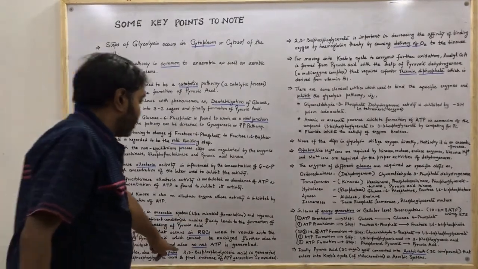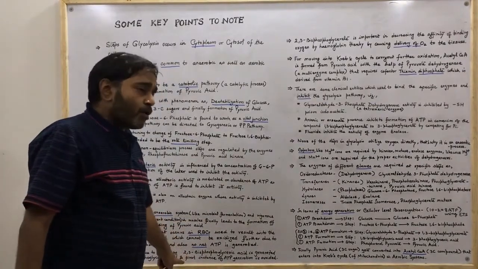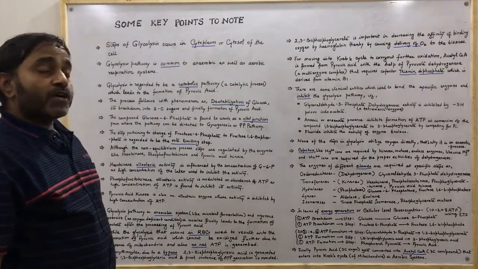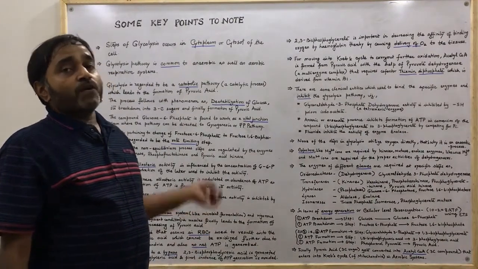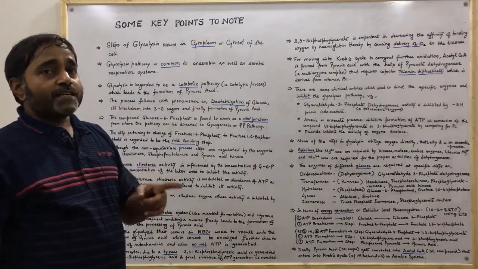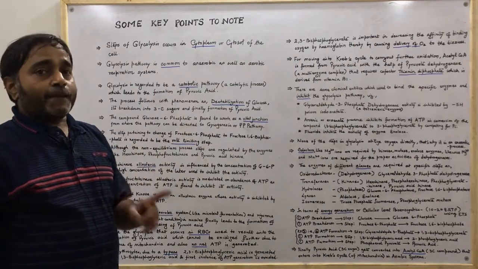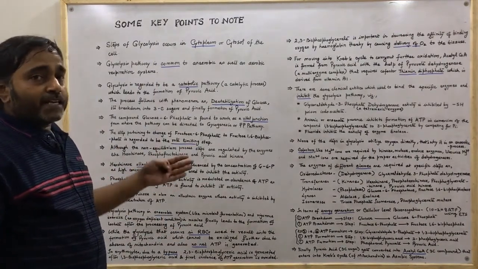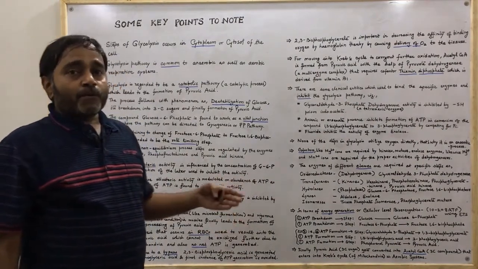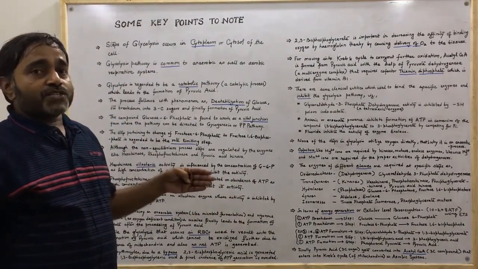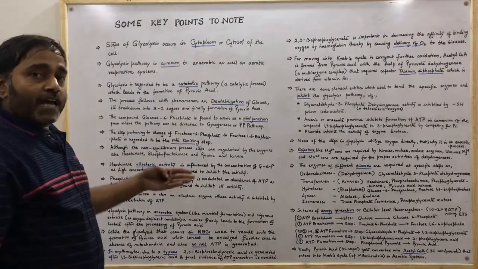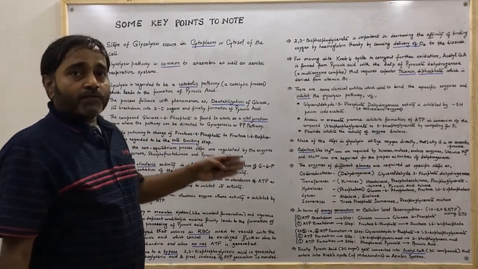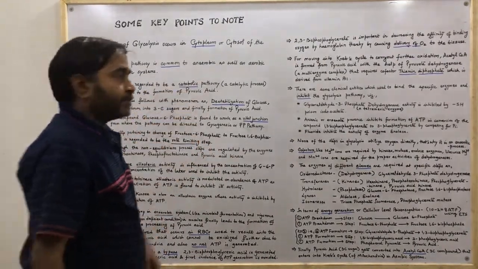And here one more thing is important to note, that 2,3-bisphosphoglyceric acid is formed from 1,3-bisphosphoglyceric acid by the help of mutase enzyme, and due to this bypass, what happened? That ATP cannot be obtained in the process. That is the first instance of ATP generation in glycolysis. Now we will see whatever facts I have written over here.